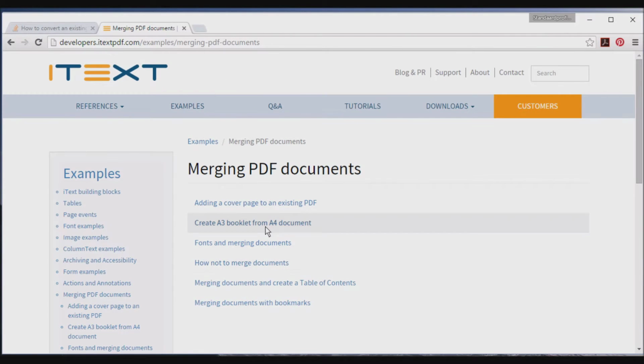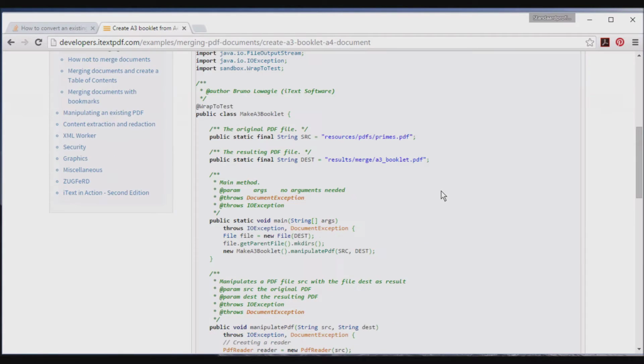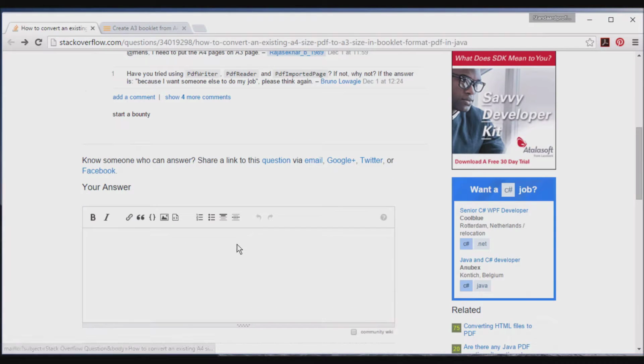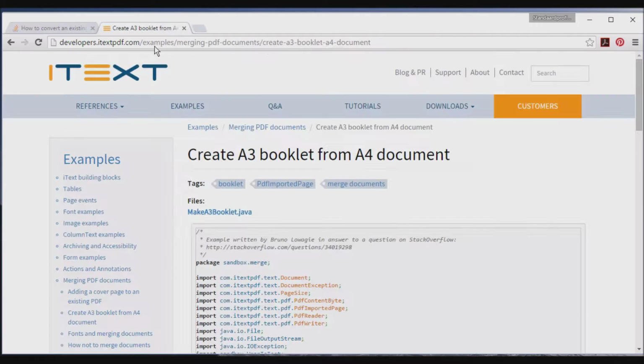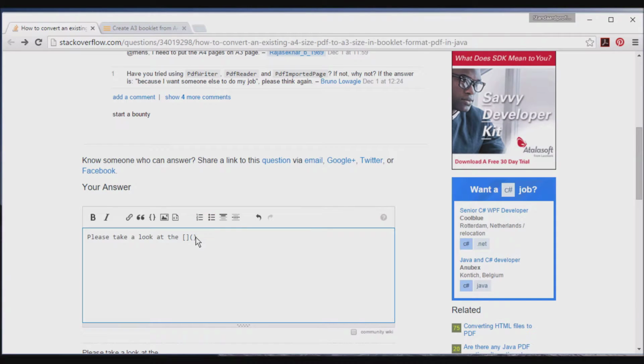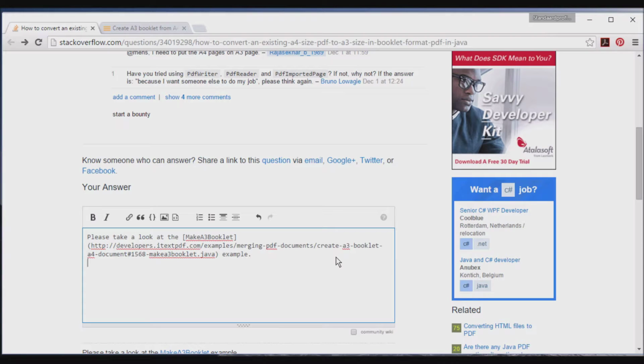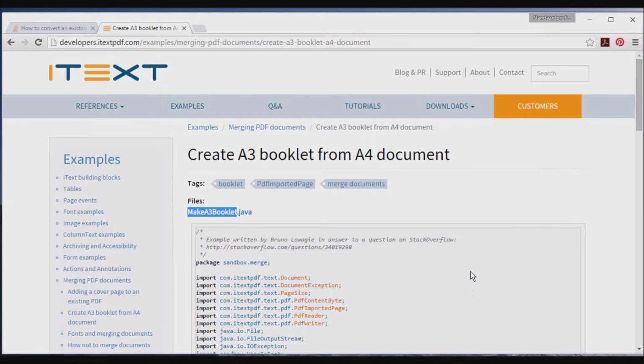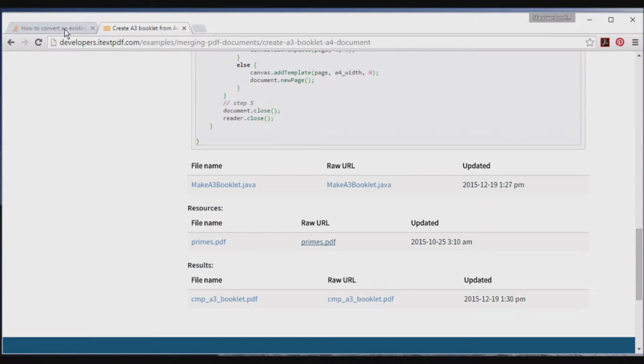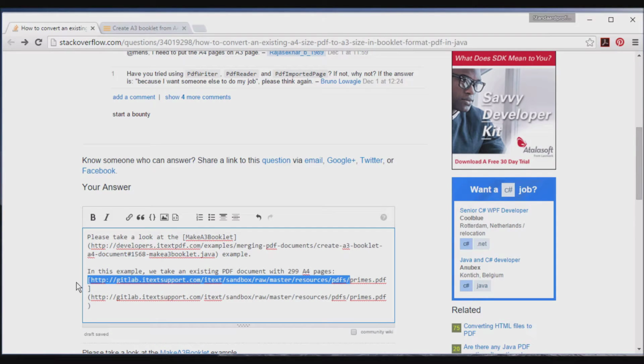So now let's start answering. Please take a look at the. And so this is a link that we can copy. Please take a look at the make A3 booklet example. In this example, we take an existing PDF document with 299 A4 pages, and we'll provide a link for those who want to look at that document. Primes PDF. And so I think only example Stack Overflow not done, and so